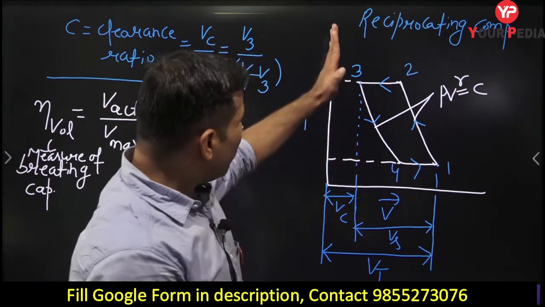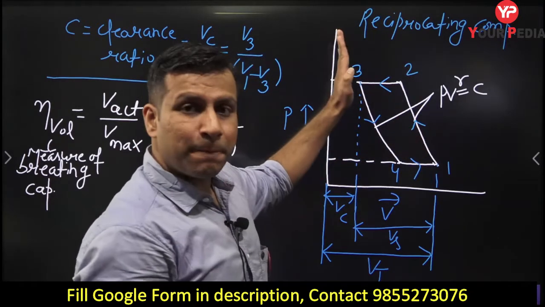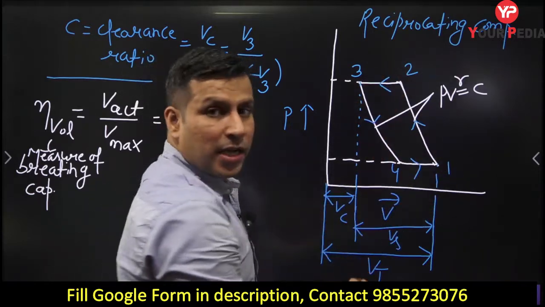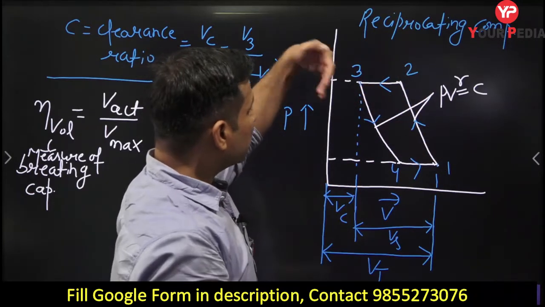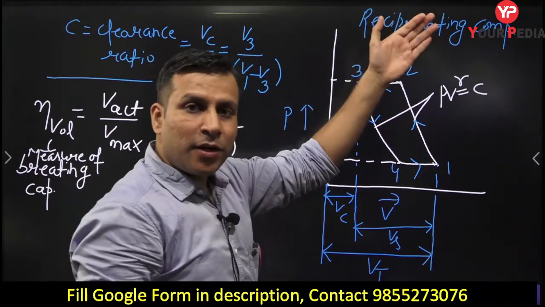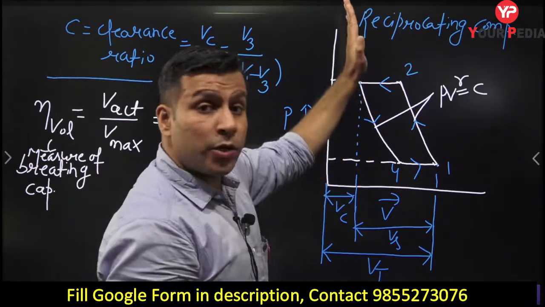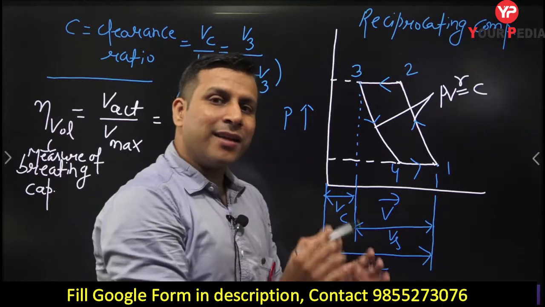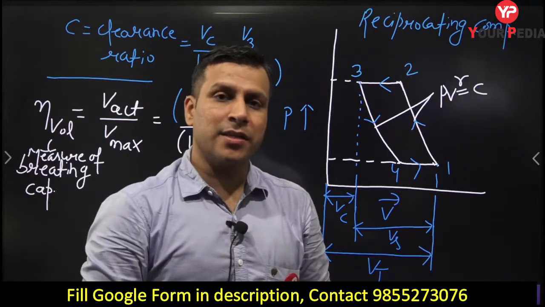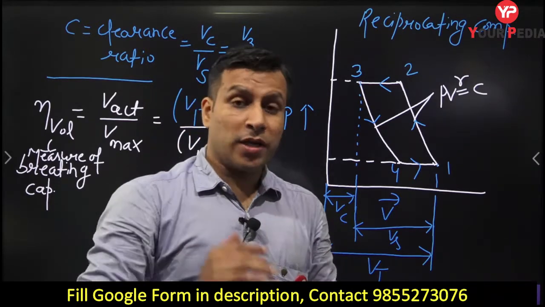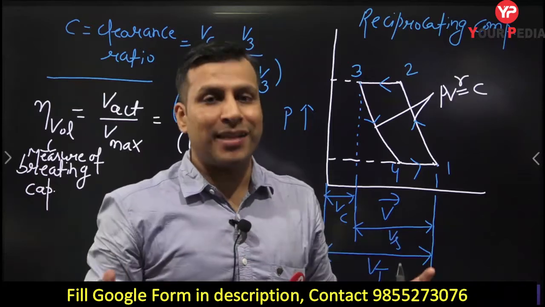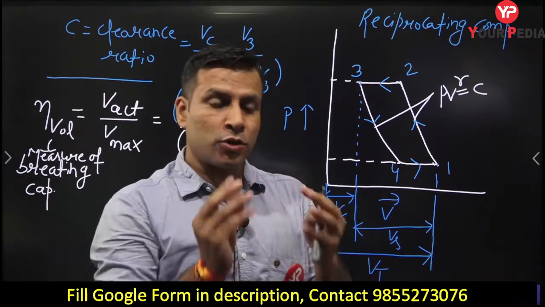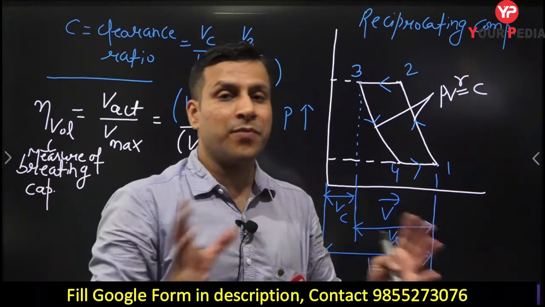How? Why are you not saying that sir, the actual volume is V1 minus V3? Because when the compressor compresses the charge and the valve opens, the high pressure charge will go outside. The piston is then at TDC, so there is some clearance, and in that clearance region the high pressure refrigerant is present. So the refrigerant will go outside but not the entire refrigerant, some part of the refrigerant will remain inside the piston cylinder arrangement.